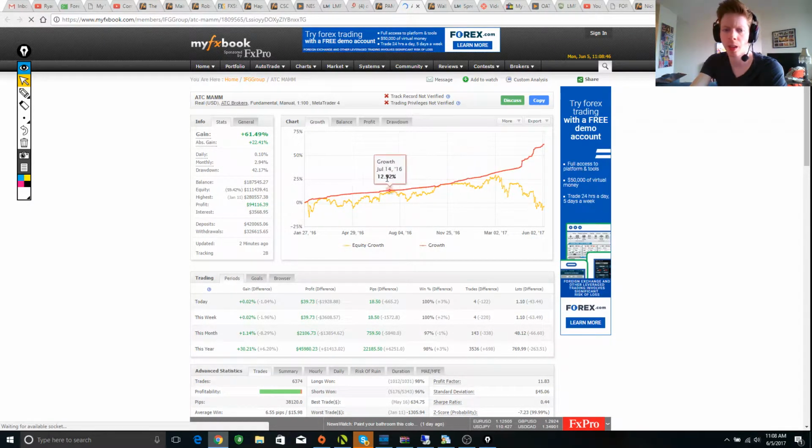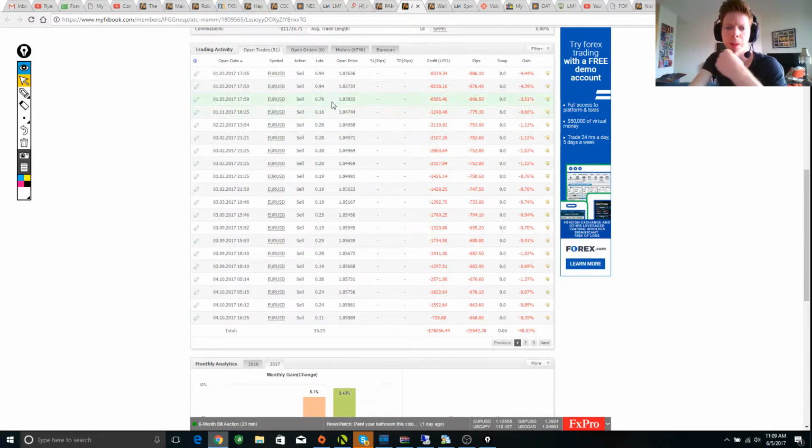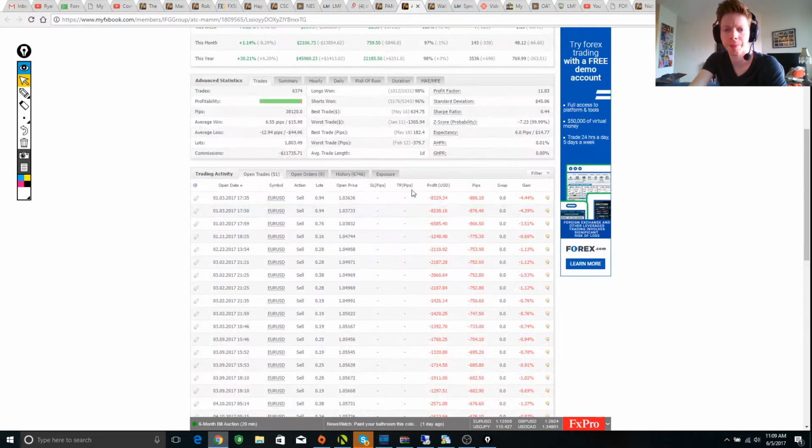you can see the drawdown constantly going almost throughout his entire performance history. There are times where the drawdown actually stops, like right in this area, and then it breaks apart again. So currently he's been on drawdown trades since the beginning of this year, actually, and they haven't really closed out, and they are short positions. It's been pretty obvious that he's been betting on the euro US dollar going down. And